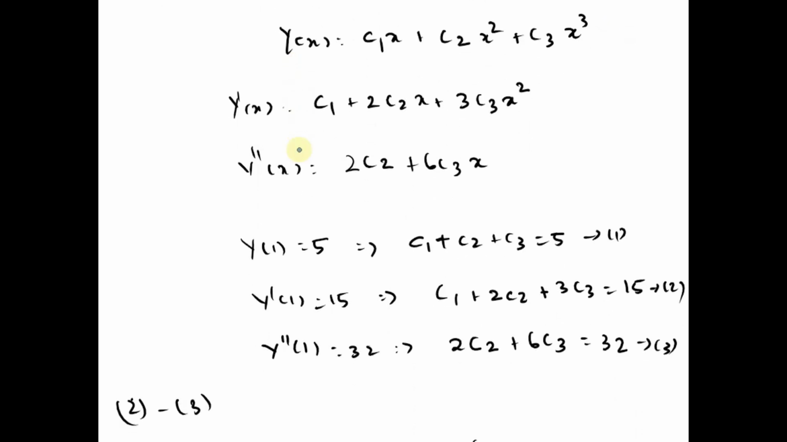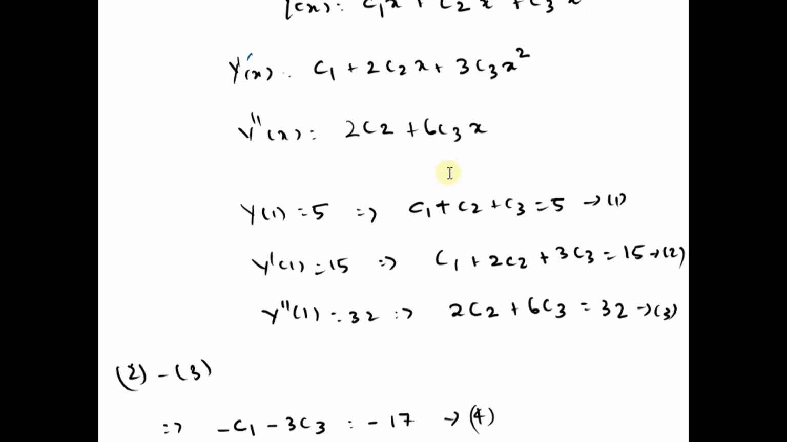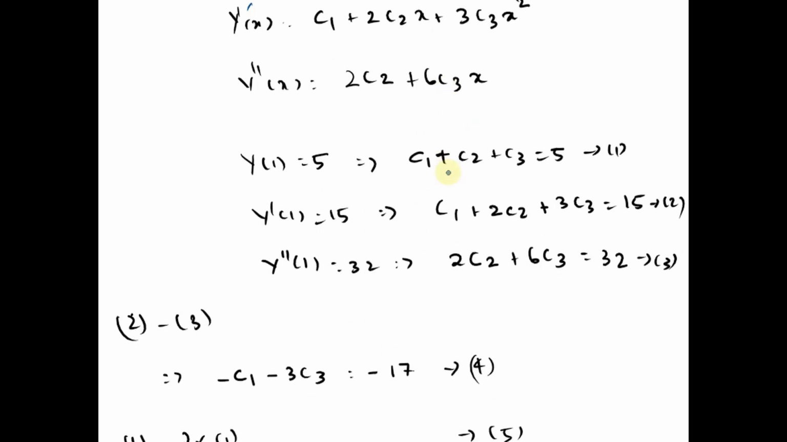Therefore, y dash of x is nothing but c1 plus 2c2 x plus 3c3 x squared, and y double dash of x equal to 2c2 plus 6c3 x. Therefore, substituting the given initial conditions, therefore